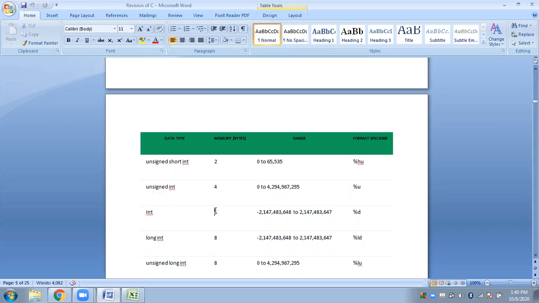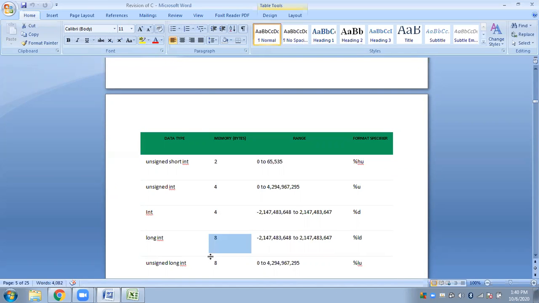Integer is 4 bytes, long int will double the size, so it becomes 8. Remember, short int will reduce the size to half, and long int will double the size. If you write short, it becomes 2. If you write long here, it becomes 4 to 8. Now that your size is double, you can easily use it.